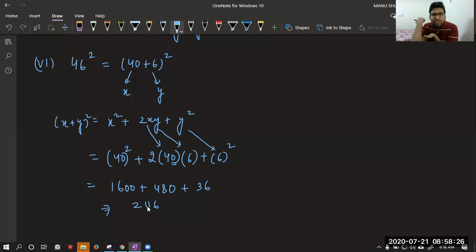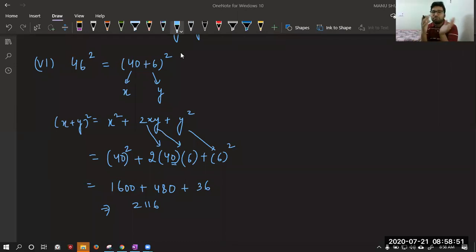The formula is difficult, Sarthak is saying. Sarthak, if you find the formula difficult, you can solve normally. Actually, the formula is very easy, but it is new to you. That is why you think it is difficult. The day you will start practicing the formula, it becomes very easy for you.